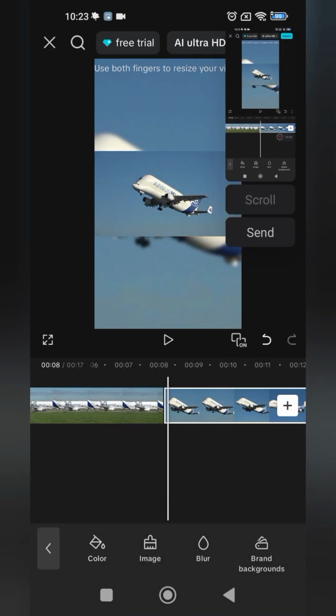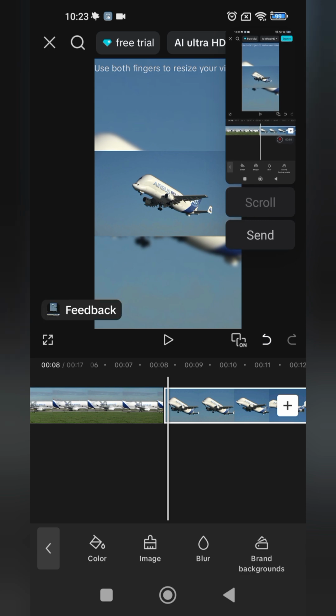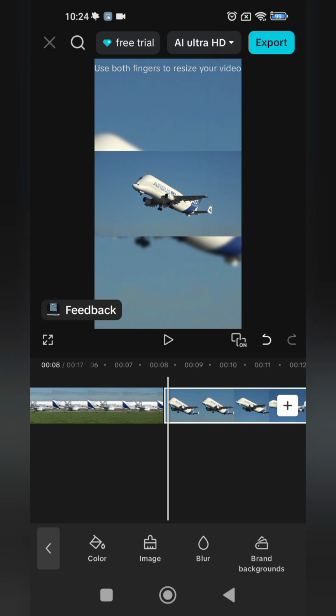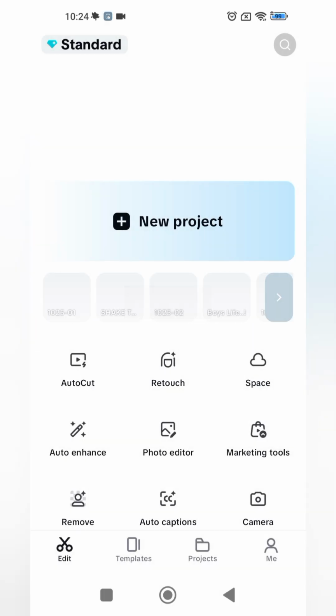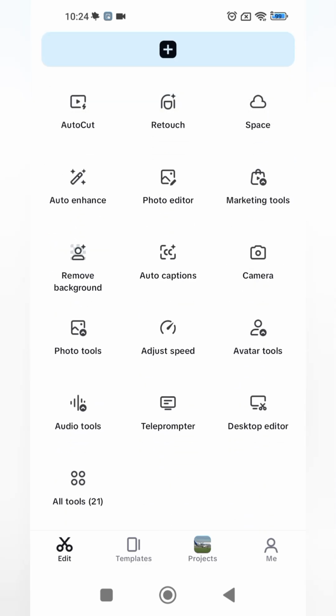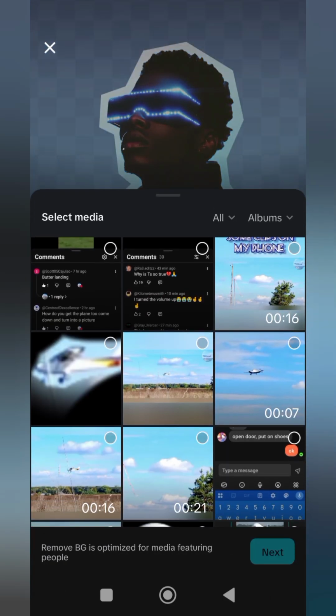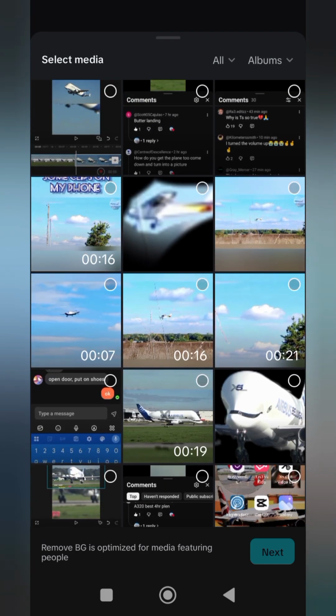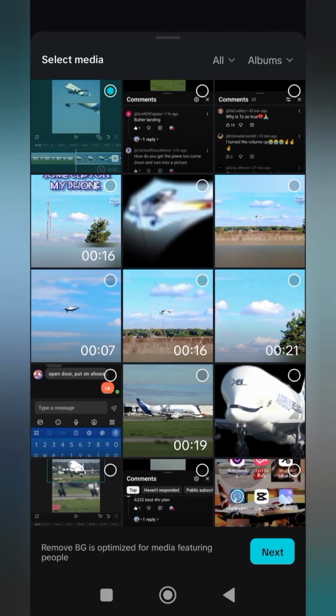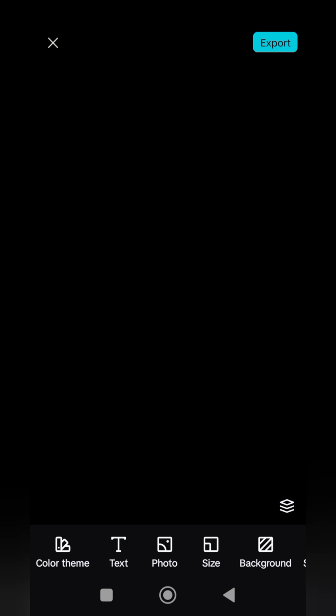Now I took a screenshot of it. I'm gonna have to go back. Go onto the little X on the top left, that's what I went on to. Go onto the remove background over there. Now it probably needs a sec to come up, and then it comes up. Go on to next. Now normally